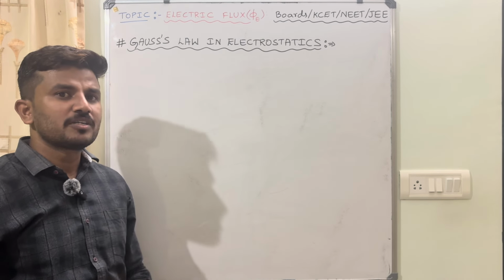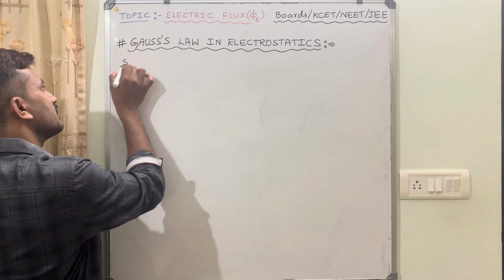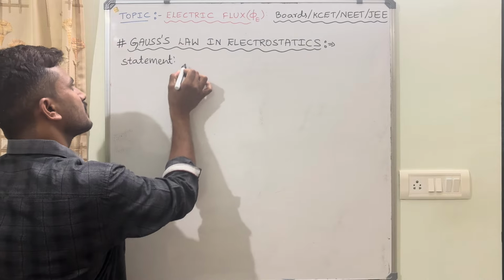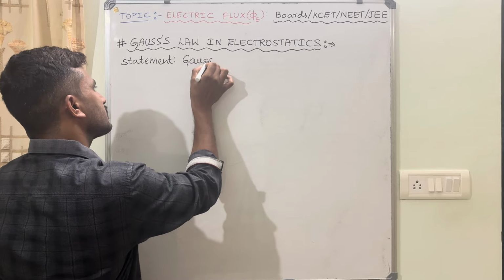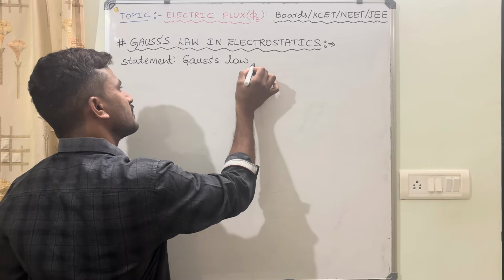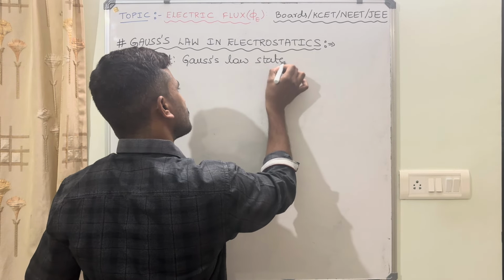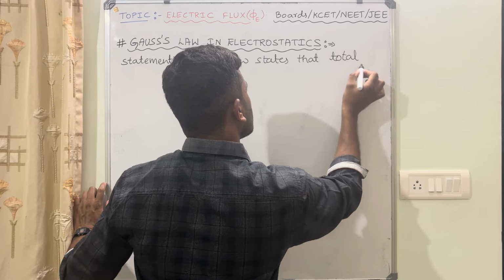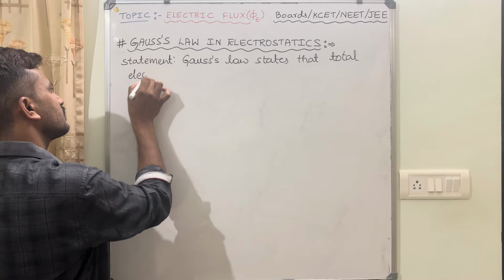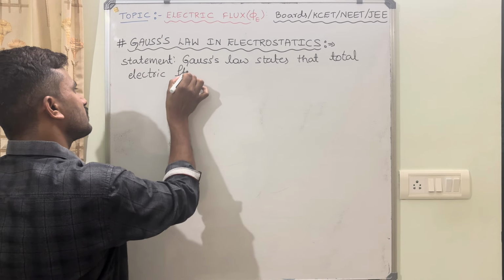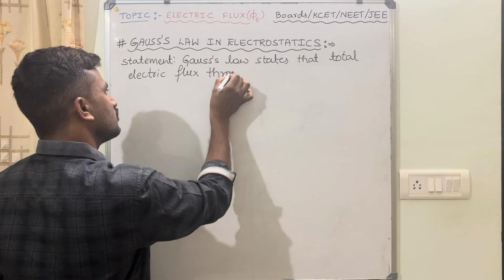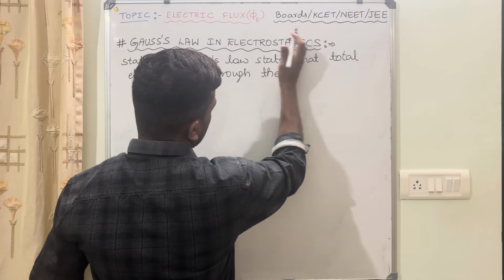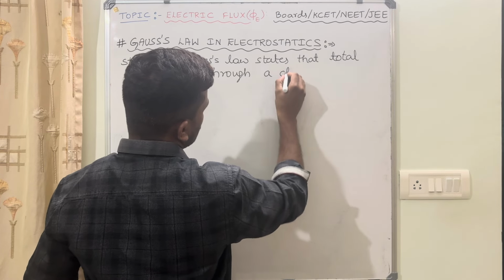so what is the statement of Gauss Law? Let me write the statement first. Gauss Law in electrostatics states that the total electric flux through a closed surface